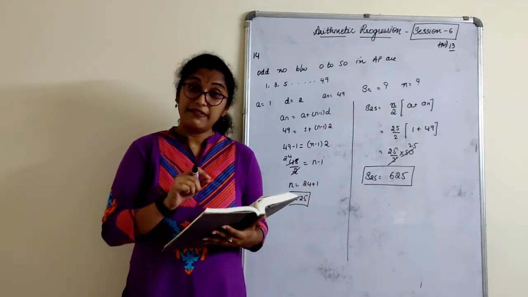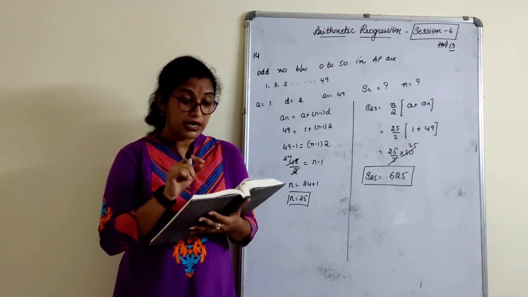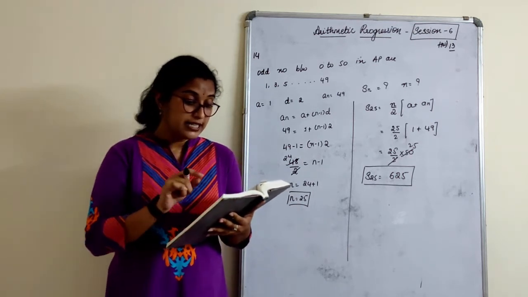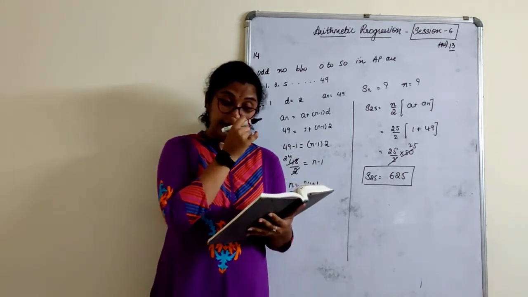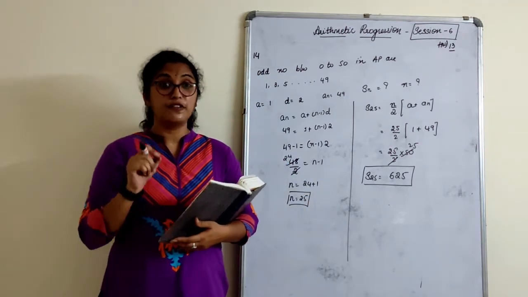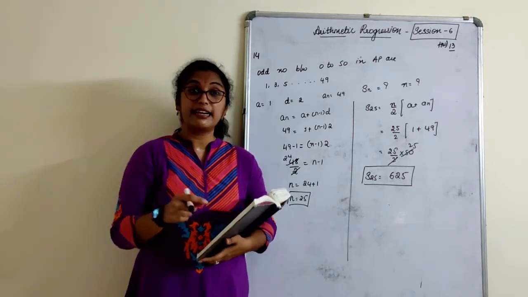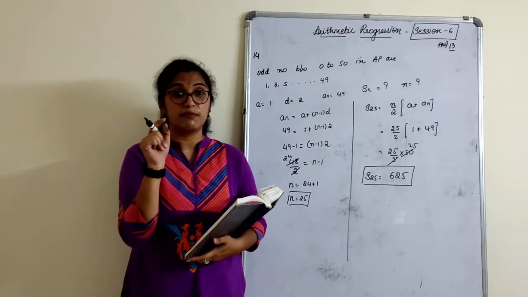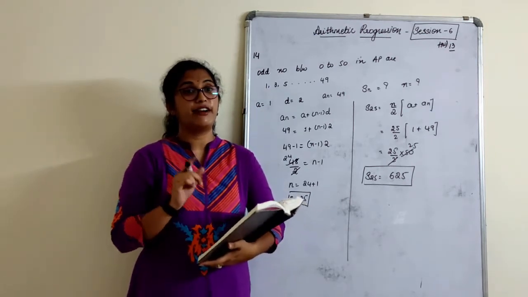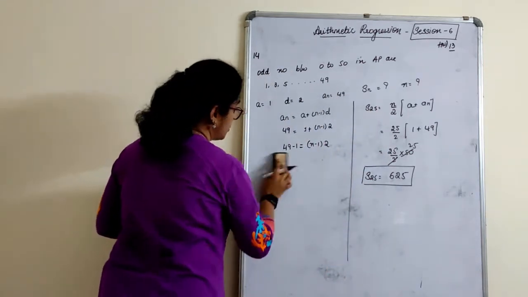Do you see that anywhere, SN we have to find? No. But how did we understand? Read the last part. How much money the contractor has to pay as a penalty if he has delayed the work for 30 days? What is the amount the contractor has to pay at the end of the 30th day? That time what will happen? It is AN, the last amount. How much he has to pay after 30 days? That is what they have asked. That is why it is SN. Be very careful in understanding the question.